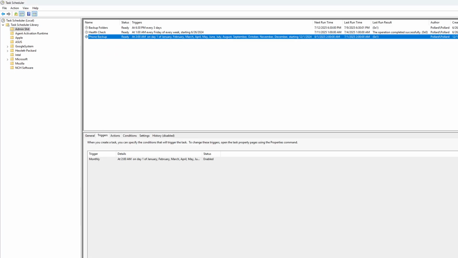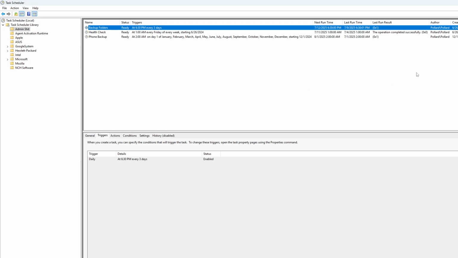And that's it. I mean, once you got them made, you just save them in a location, you come in here and you can create your folder if you want, or you can just put them on the root of your library. I like to have them organized in a folder, so I created that one. And then you just come in here and create your new task. You just click create task over here,